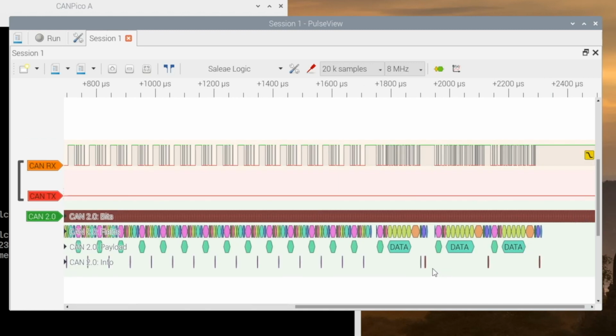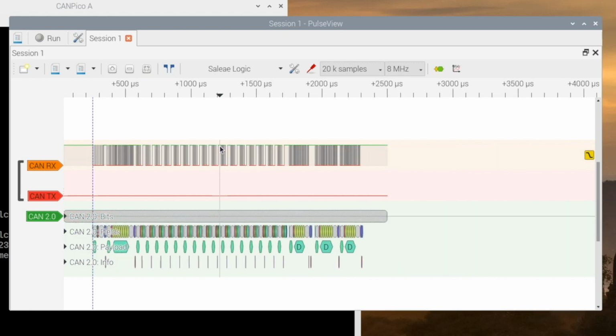At the end of this doom loop, one of the controllers will have transmitted a frame correctly and dropped from 128 to 127 on its transmit error counter, and that drops it out of error passive. The other controller is still left in error passive because its transmit error counter went higher for the last frame. And that's the doom loop at work.